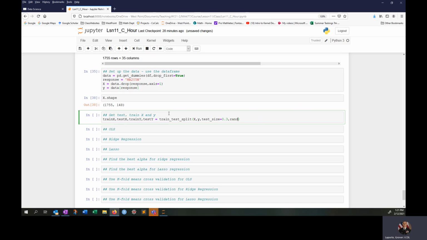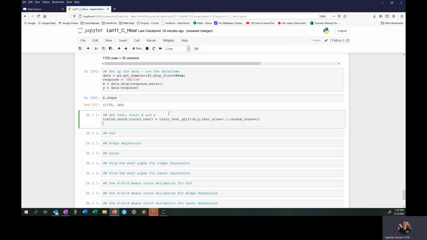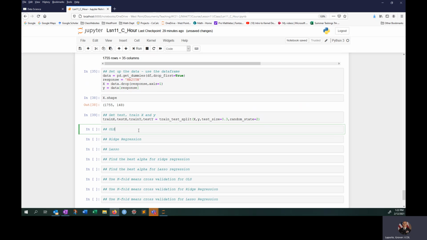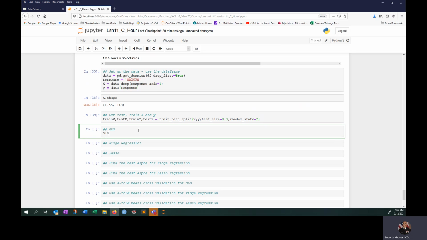And then random state equals 2. And then OLS is equal to linear